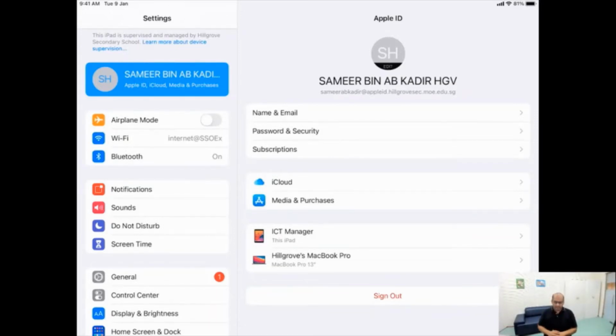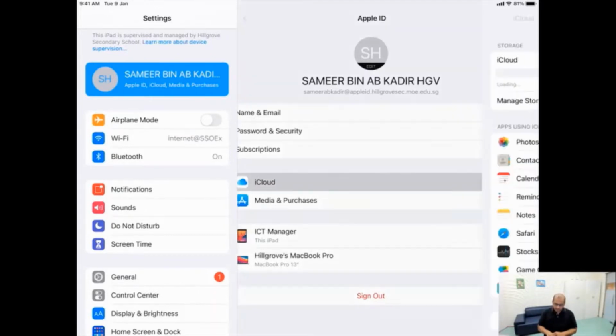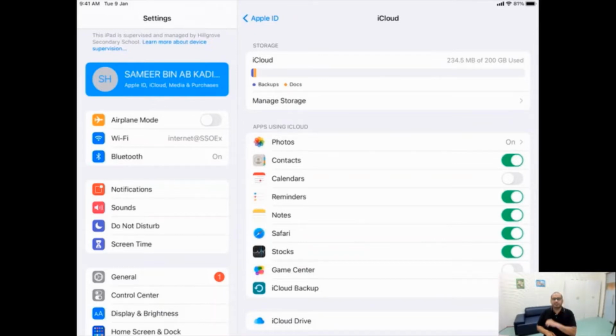The important thing is I want all of you, after that, to ensure that you have the correct amount of space. You simply need to click on iCloud. Now, if you scroll down, you'll see the word iCloud. I'm going to click on that. And this is where you will see that under my iCloud storage, I am given 200 GB of space. So this is where all of you will be given the 200 gigs of space, and you can use this